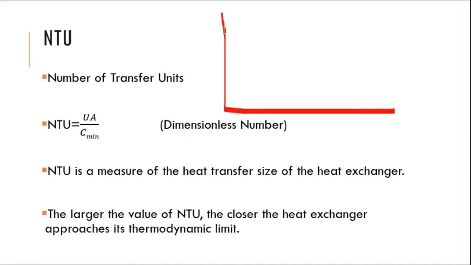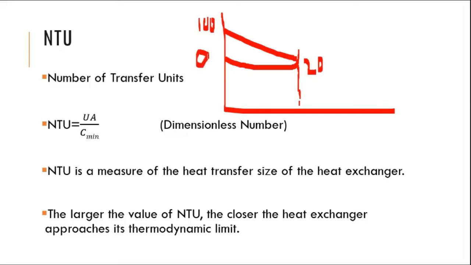I'll consider the case. See, suppose the case is like this. This length is infinite. Here this temperature is 100. This temperature is 20. This temperature is say around 95. This is a case which we are having. Now once this temperature reaches equal to 20, will there be any heat transfer after that? No, sir. So even if you are increasing the size of the heat exchanger, the curve will go like this. It will be at a constant temperature. Am I clear?